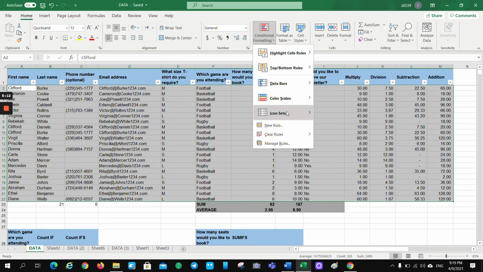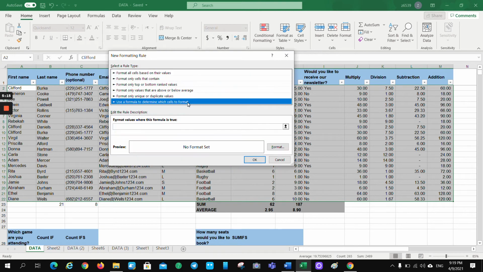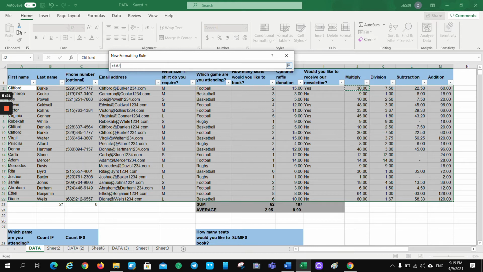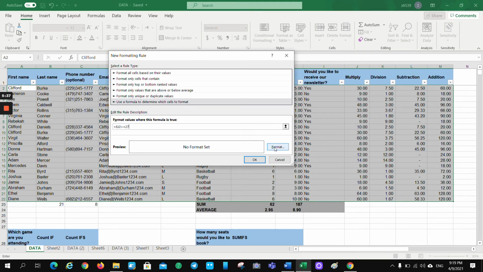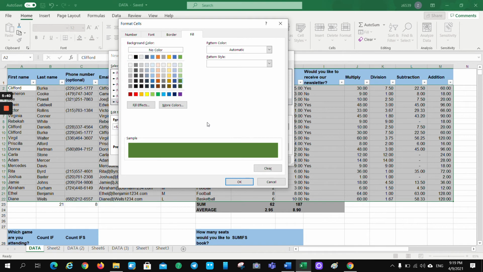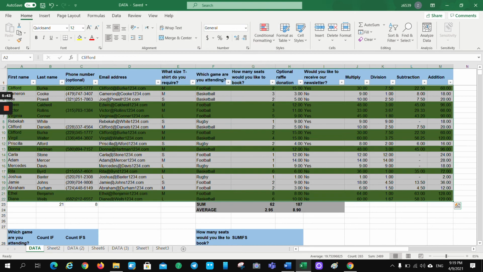Just click on conditional format, new rule, use a formula to determine, click it here, and for this dollar sign before the 2, you need to remove it. And what you want to assign is greater than or equal to 27. Okay, what do you want to do? You want to make all of them green. Okay, see what will happen now. It made all those cells green. It's very easy. There is no technical issue in this.